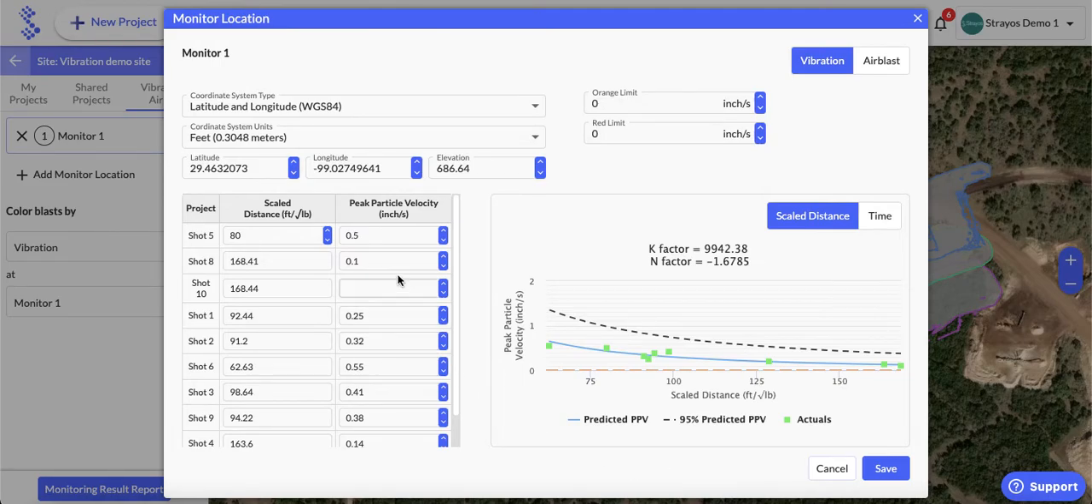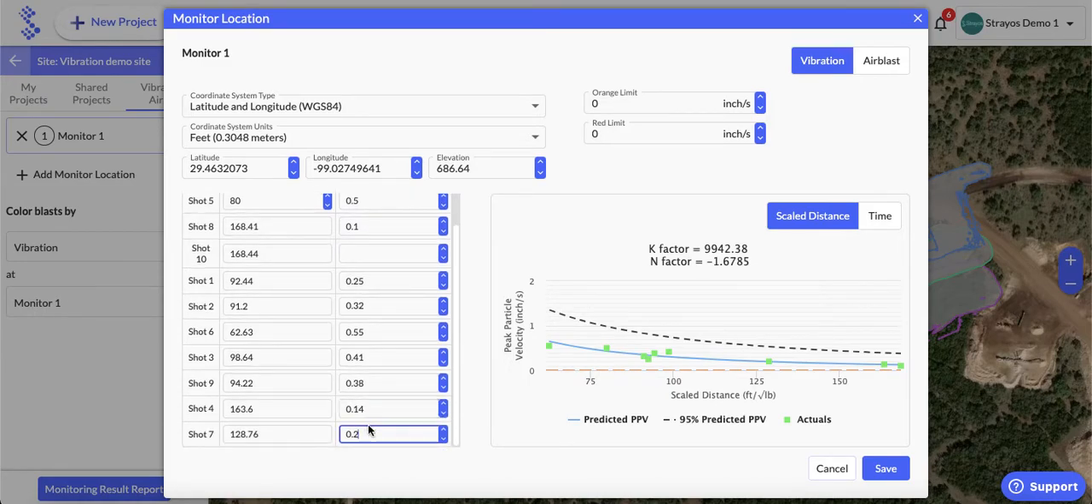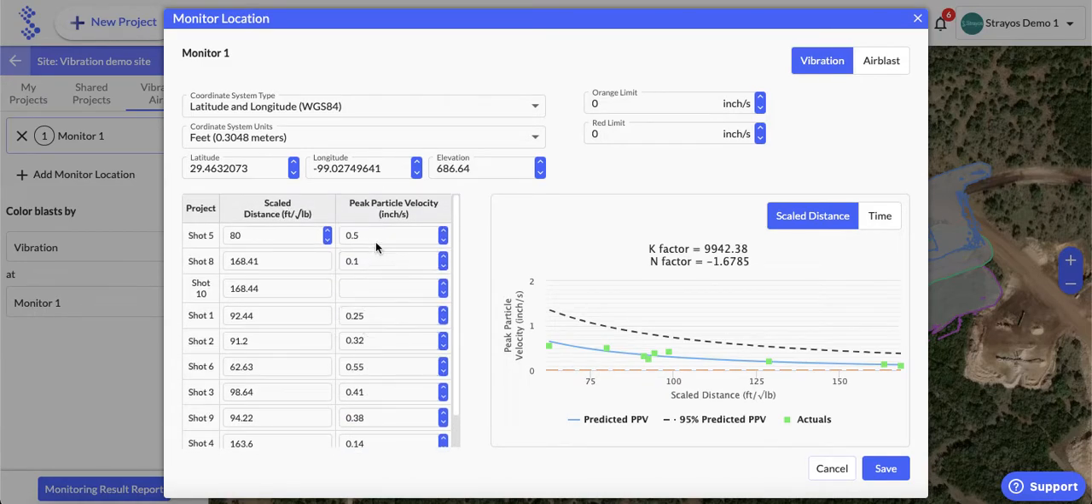As you can see here, I've filled in the PPVs for each of these shots. Shot 10 is going to be our current shot that we have yet to shoot. So I haven't filled it in yet. That's the one we're going to predict. And so what you can see is as soon as I have filled in these